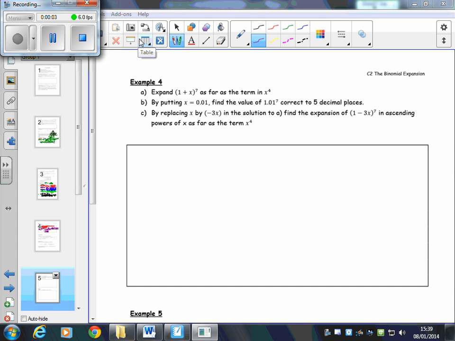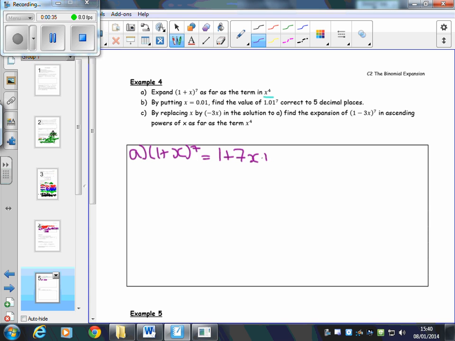To the binomial expansion example 4. So here, for this first part, all we're asked to do is expand 1 plus x to the power of 7 as far as the term for x to the power of 4. So that's simple enough. All we've got to do is 1 plus x to the power of 7. So that's equal to 1 plus